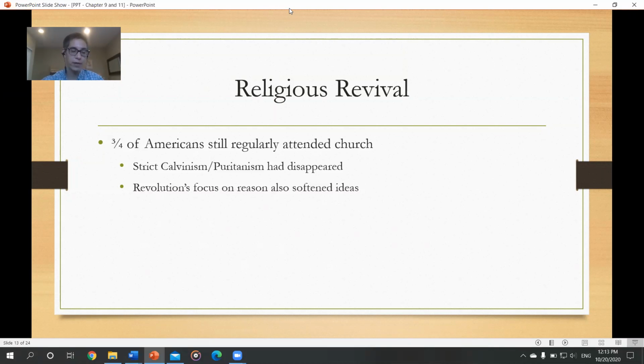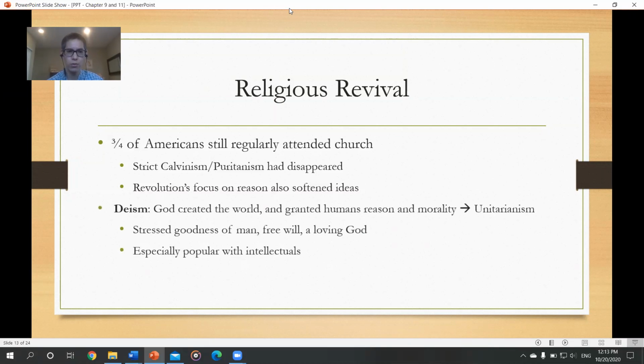You might remember Calvinists or Puritans. Those were the super strict Protestants that were like, absolutely no decorations on the churches, no gambling, no dancing. Sunday is all about rest and prayer. It starts to fade away a little bit. The American Revolution had also focused a lot on reason. And so people begin to move away from these super strict religious ideas. And that leads us to